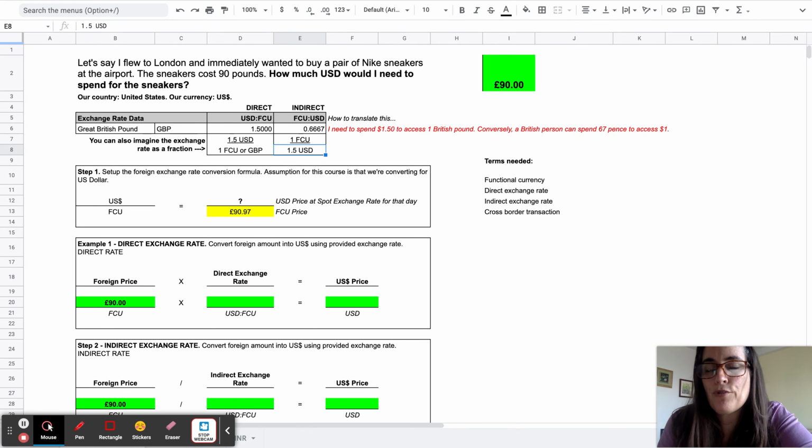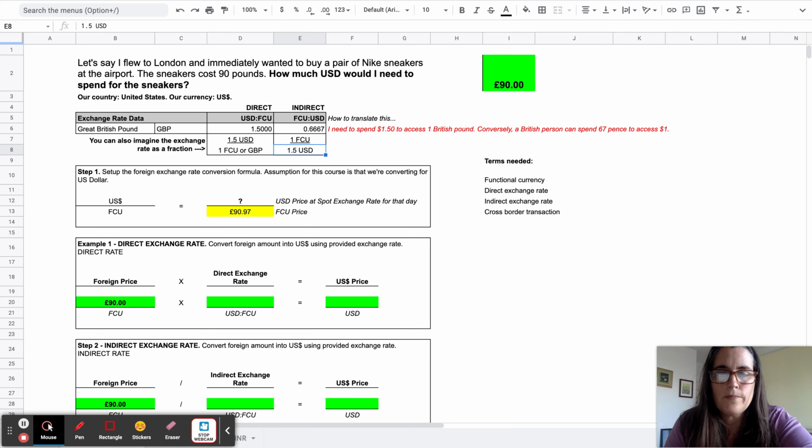Hey guys, let's walk through an exchange rate exercise. I want to use a simple example, but also point out along the way some of the key terminology and math mechanics that we need to understand for Chapter 9. And this is also going to be useful if you work in an accounting or other function that deals with